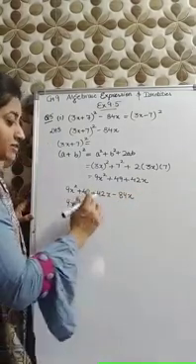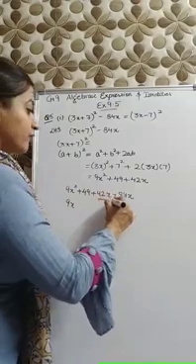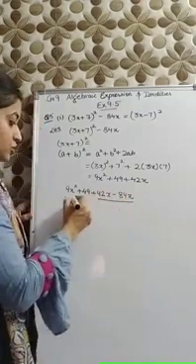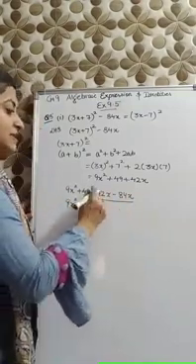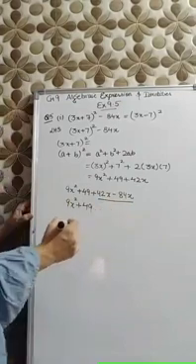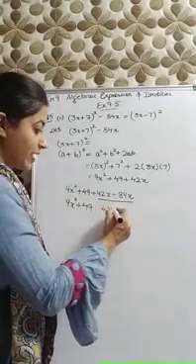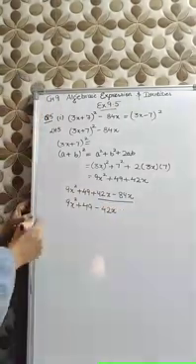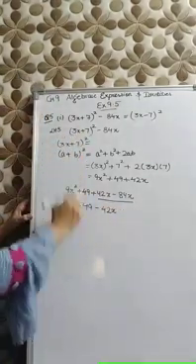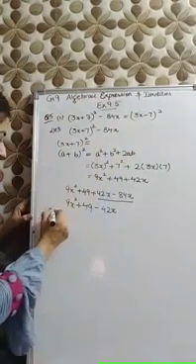Now, in this term you can easily see that both of these are like terms. So let's solve this, plus minus minus, and sign will be of the greatest term, that is 42x, sign will be of negative. So this is your left hand side. Let's start with the right hand side.